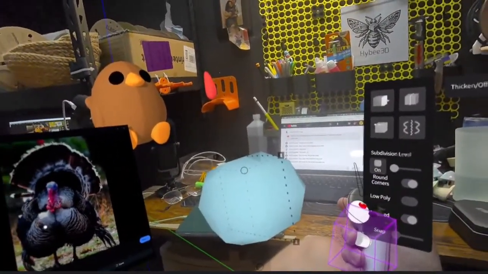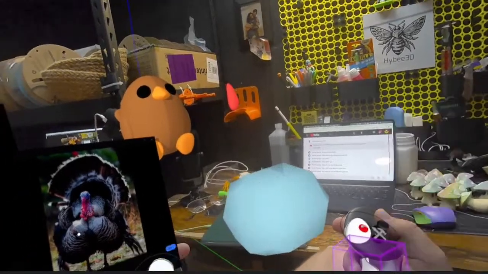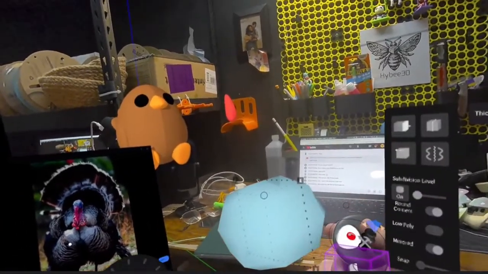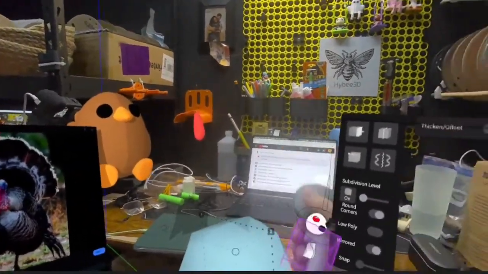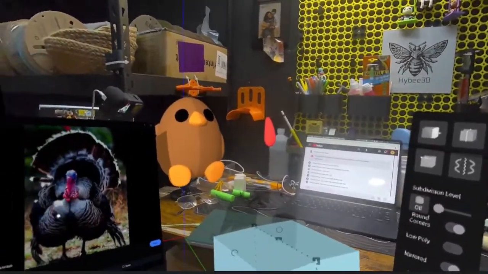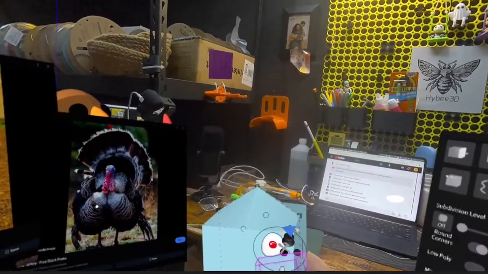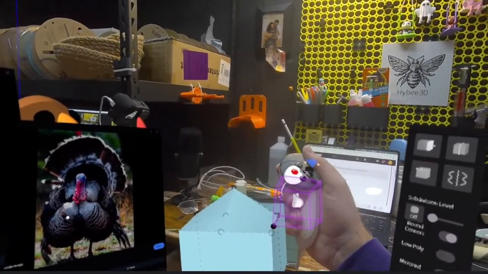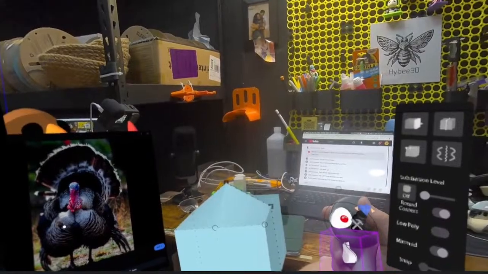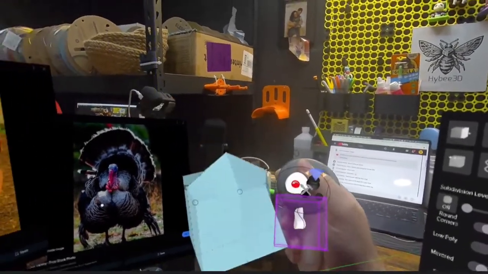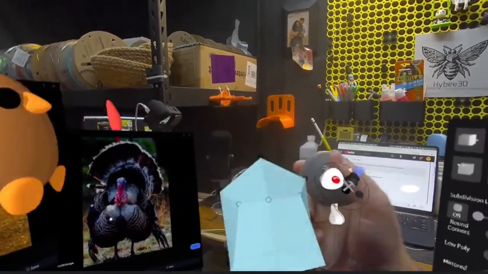And so the best is to, I probably just undid all my time travel. That's okay. Get it as close as you can with the low poly before you do the smooth subdivision.